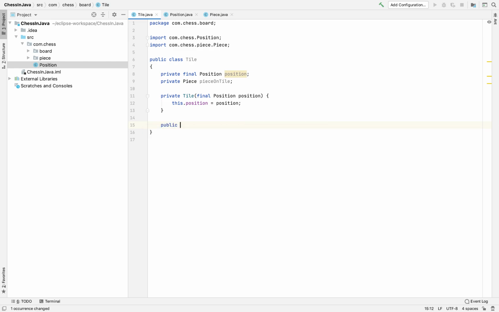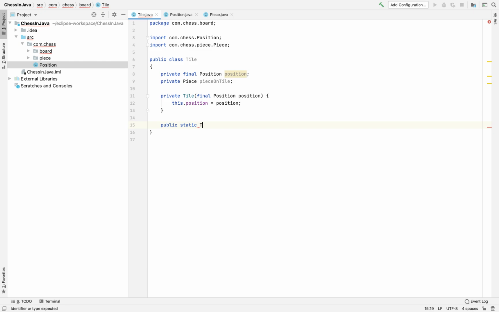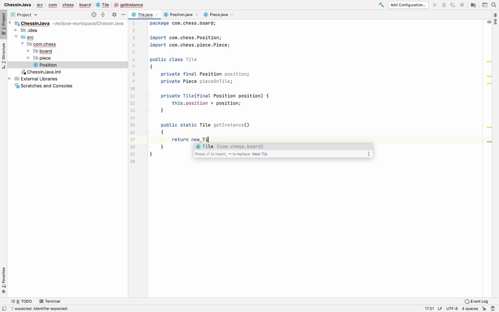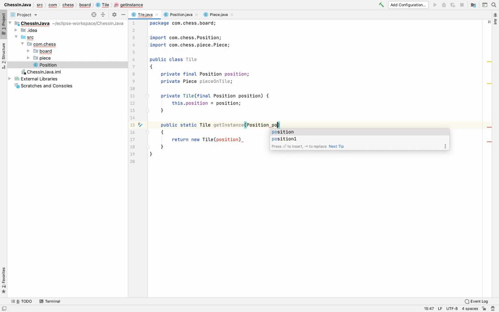Public static tile get instance, and this just returns a new tile with a position. So here we can give position here,